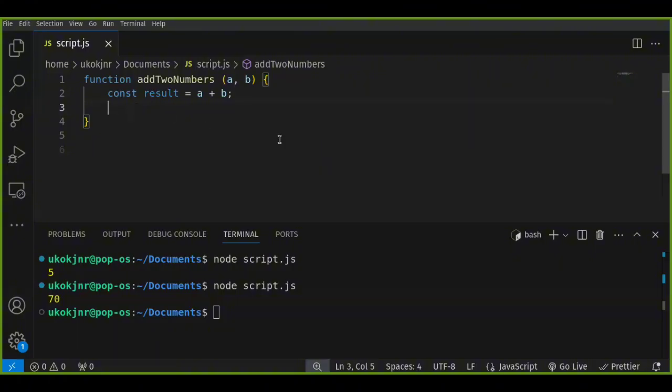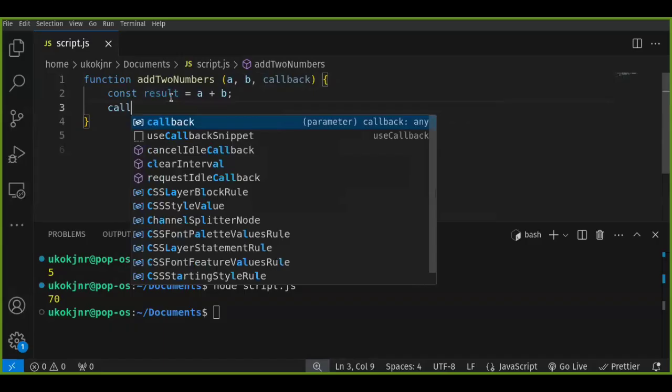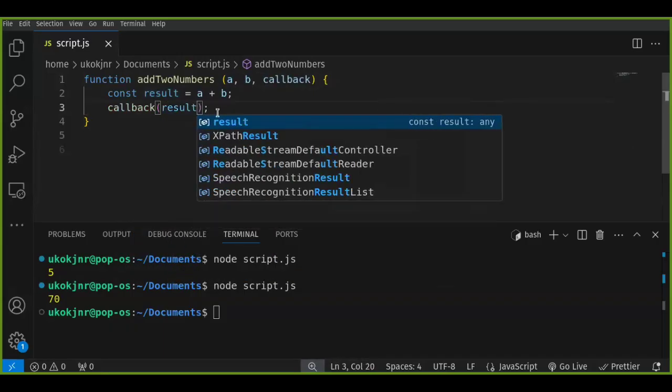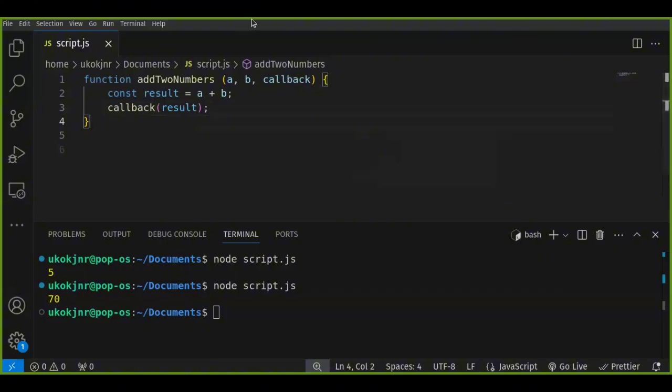Then the next thing you would do here is you would say, you have A, you have B, and then you have something like callback. And then this callback here would be the result of adding A and B. So you see, after adding the result of A and B, you pass the result as a parameter or as an argument to the callback function. So this is how you do it. You say callback, and then you pass in result here. So if you do that,